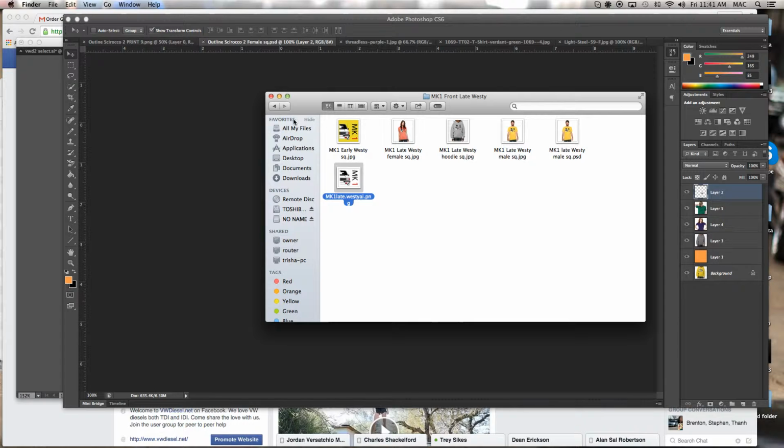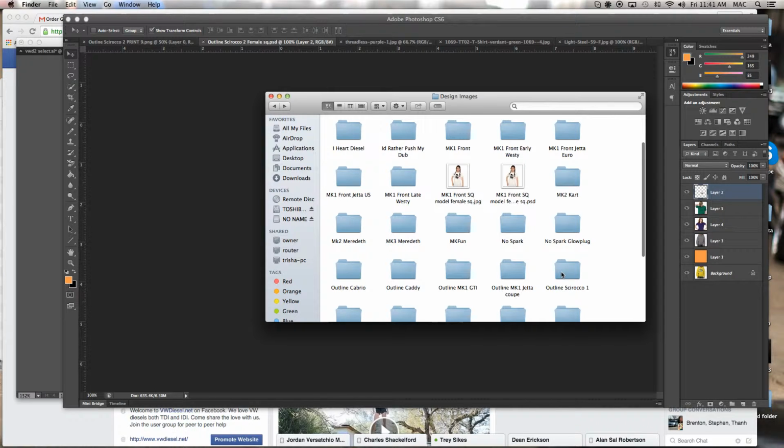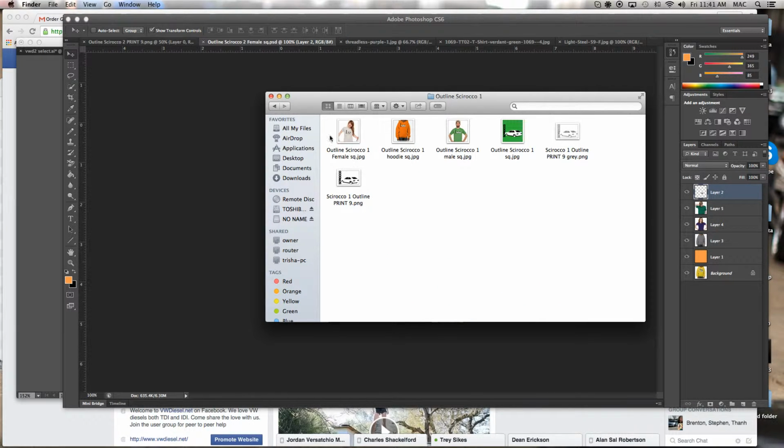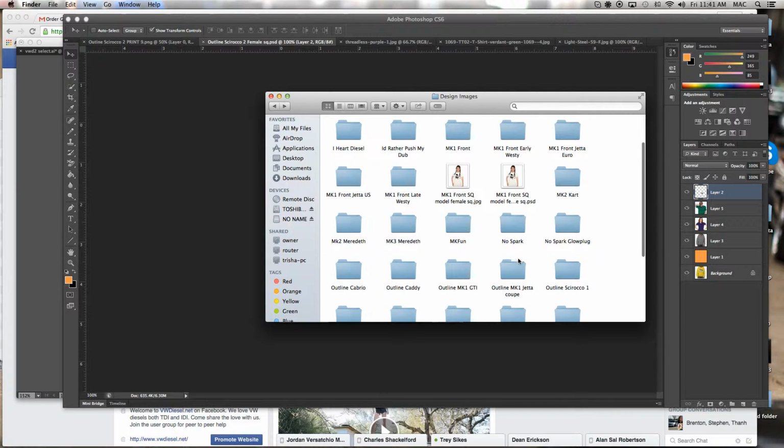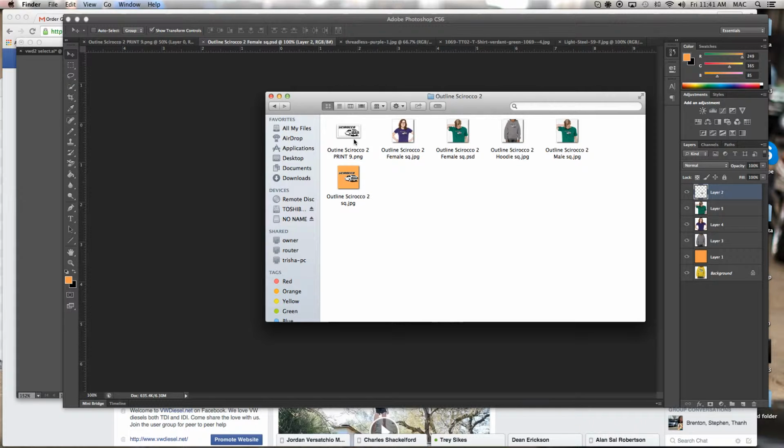Alright. So over here in our Scirocco folder, you see that we have, oh, that's Scirocco 1. I guess that works too, but let's go back to Scirocco 2. We have the print. That's a 9-inch wide PNG file. They can be 8, 9, 10. It just depends really on what the size and the shape of the picture is. Our female, our hoodie, our male, our generic tile picture, and then the PSD file. So these are the 4 files that I would like to have,